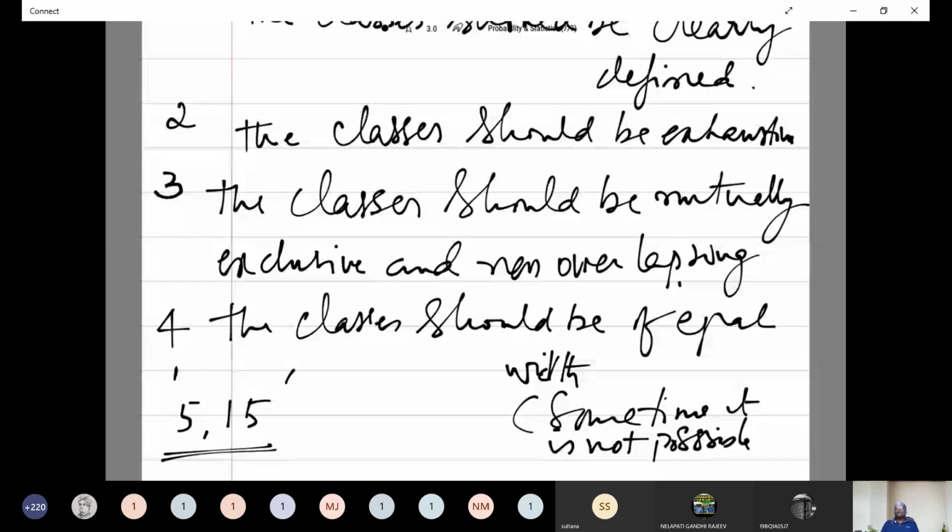Now, tomorrow we can define the exclusive class intervals. How are we going to take exclusive class intervals? What is the importance of exclusive class intervals? Under what data and what are considered